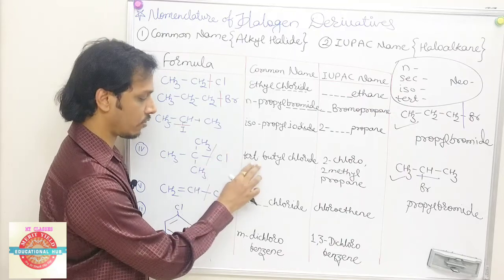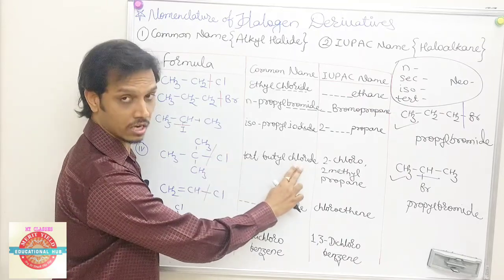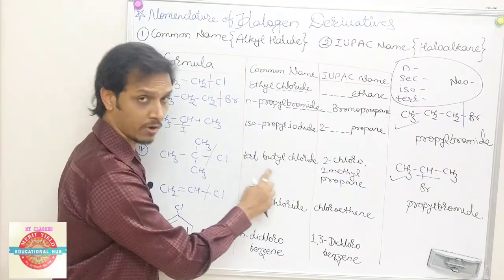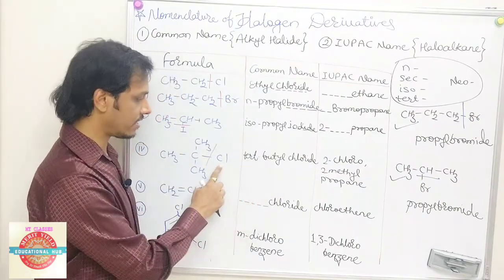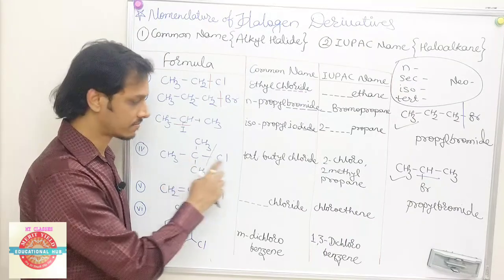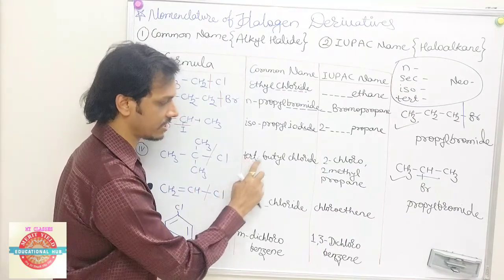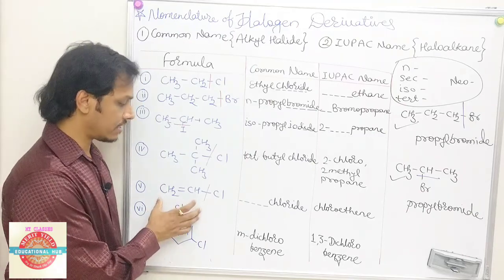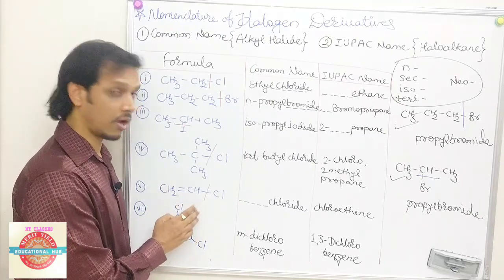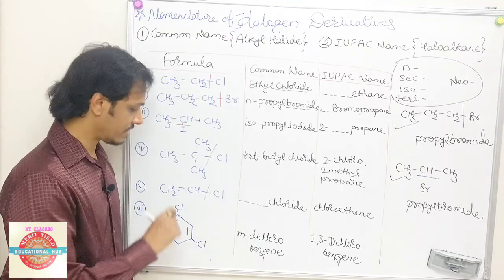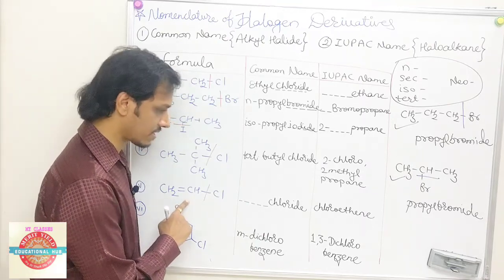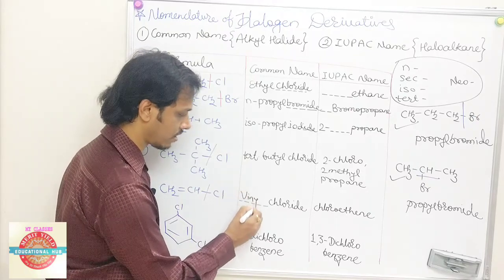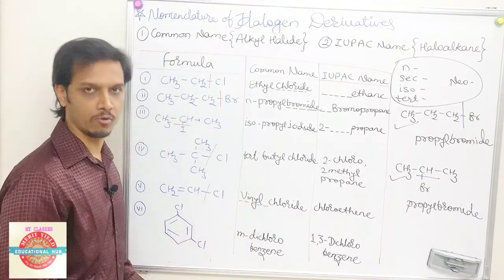Come here. Here I wrote the same whole name. Cl gives the chloride name. Count all the carbon atoms: 1, 2, 3, 4. 4 stands for butyl. Tertiary, because Cl is bonded to a tertiary carbon atom. That's why the name is tertiary butyl chloride. Okay. Here it is a directly given name. It falls under the category of vinyl chloride. That's why the name of this compound is nothing but vinyl chloride. This is the common name only.